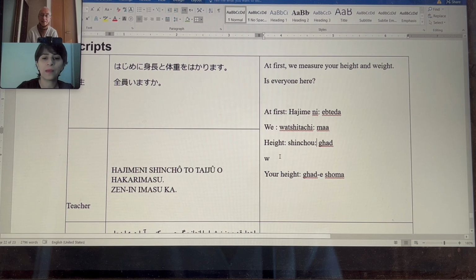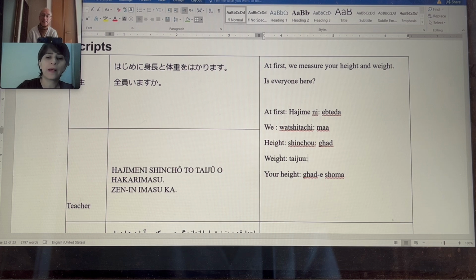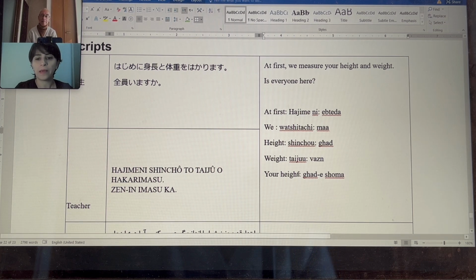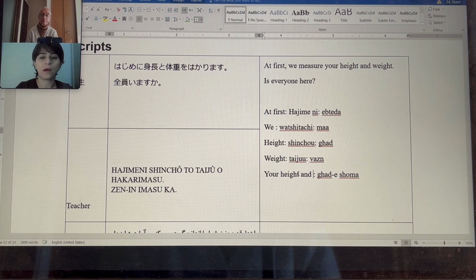Cut. Weight. Taijo. Yeah. That's weight in Persian or taijo is Vasen. Vasen. Yeah. So, in case of your height and weight,